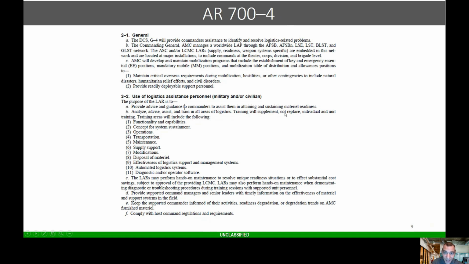Training will supplement, not replace, okay? So it's not solely the LAR's responsibility to train, right? But you can reach out to them and they will give you training in the following areas: functionality, concept, operations, maintenance, supply support, modifications, disposal, and so forth. So just keep that in mind. Use your LARs to your advantage. It is an easy way to plan, like a